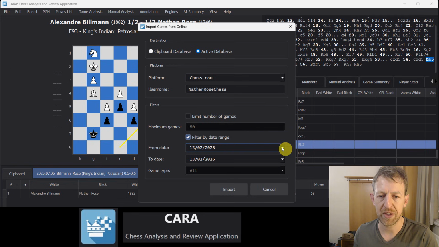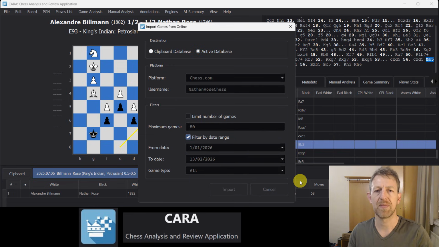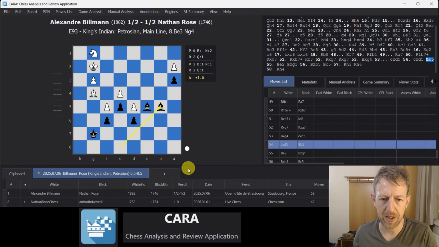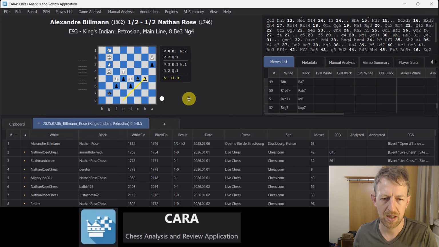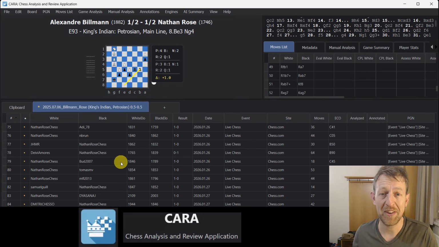So maybe I'll just get it to show only games since the start of the year, and click import. And the API is going to go to chess.com, find that username, and just pull in all the games that match that criteria. 131 games. Here we go. Let's make this bigger so that we can get a better view of it all. And as you can see, a lot of games here. You can choose any of them and analyze them to your heart's content with all the features that we've shown